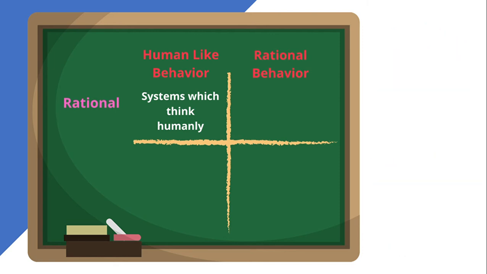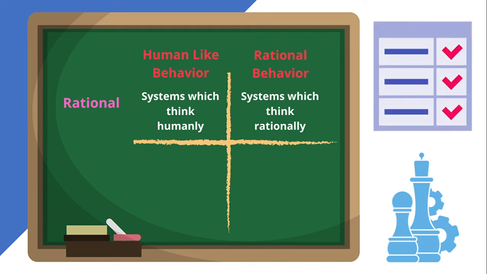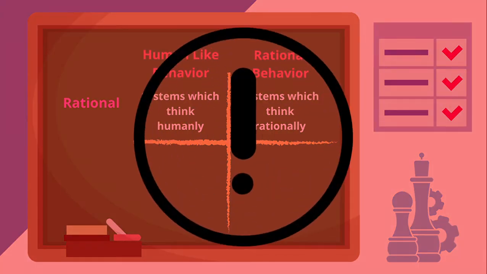Rational behavior with rational abilities brings in the systems which think rationally. This involved math and logic to do artificial intelligence. Also, the notations and rules of derivation for thoughts were used. It was encountered with many objections, like not all knowledge can be expressed with logical formulation, for example, time and space.